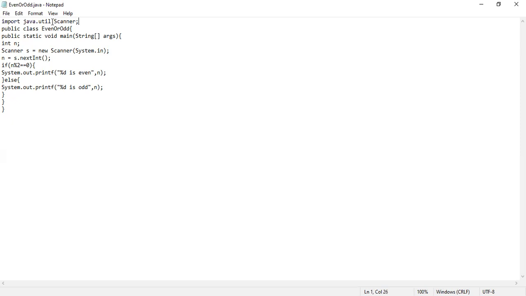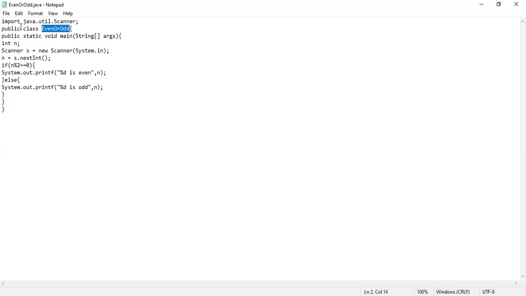It includes all classes. Now, as we all know, Java is an object-oriented programming language. So in an object-oriented programming language, we need to consider a class. We all know that a class is a blueprint of a program. Here we have taken a class name called EvenOrOdd.